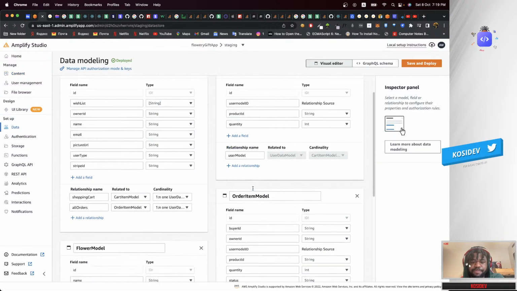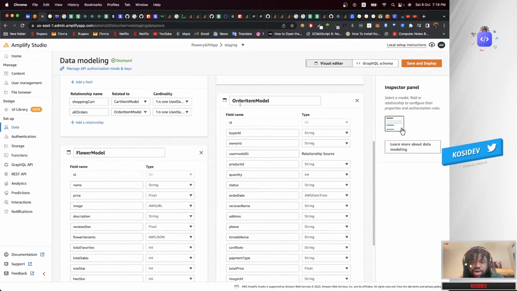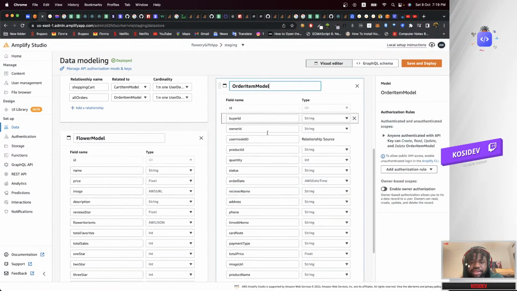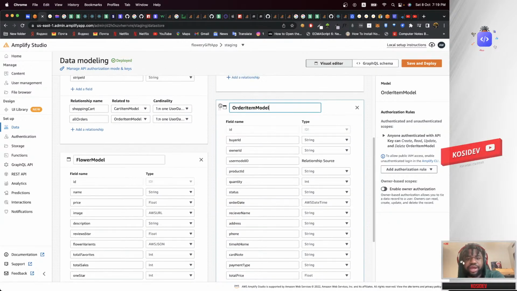So basically right here we have this order item model. Like I say, this is what our order should look like. Whenever a user makes a payment, and whenever the payment is successful, we want to be able to create an order item that we can use to track those orders that the user created. Because the app is actually a multi-vendor app, it's going to have another page whereby if you're a vendor, you can log in to add your product to the app, and then people can buy it from other parts of the app.